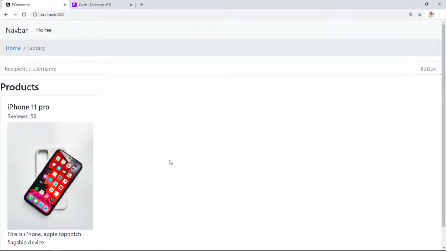Now what should happen is, as soon as you click on the product card, it should navigate to the product details page. As of now, we haven't configured a router. So what we can do is, let's try to do this thing manually. We will see where the product list component is appearing and we will replace that component with the product details component. Let's do that quickly.